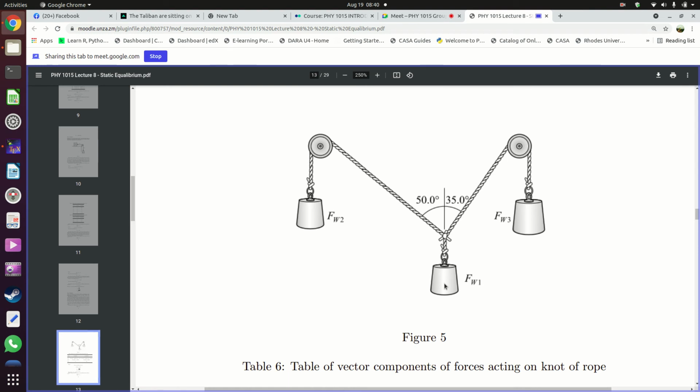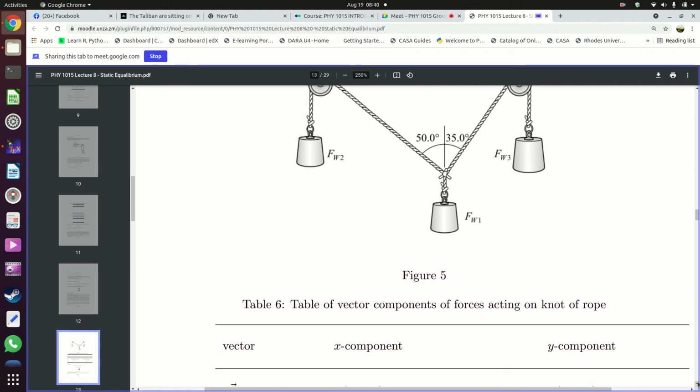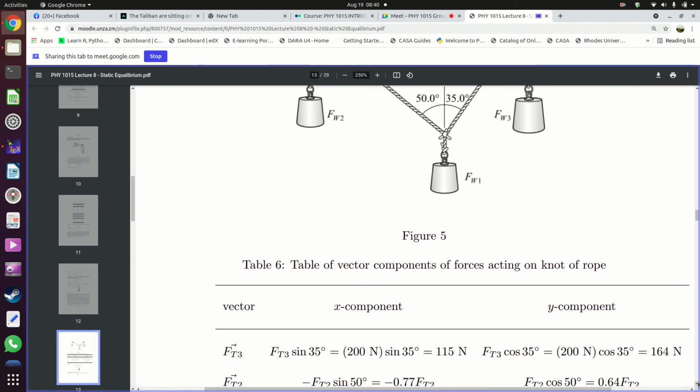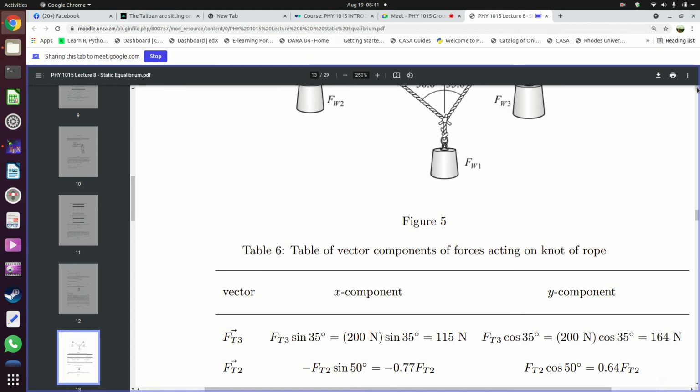So what we do is we assign labels. Since this is weight 1, we will call the tension in this rope FT1. Since this is weight 3, we'll call the tension in this rope FT3. Since this is weight 2, we'll call the tension in this rope FT2. Are we clear? So when we do that,